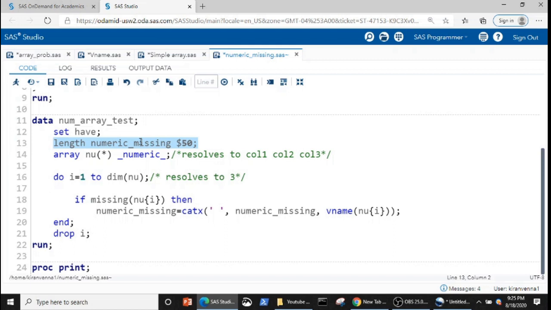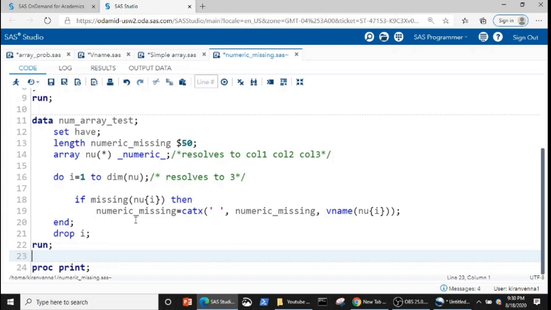Here we are going to do the same thing we have done before. We say array nu star _numeric_, and do i equal to 1 to dim(nu). One important thing I forgot to mention is that it is a character variable.